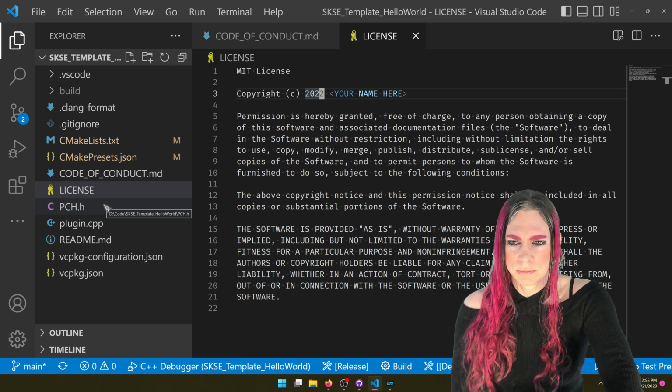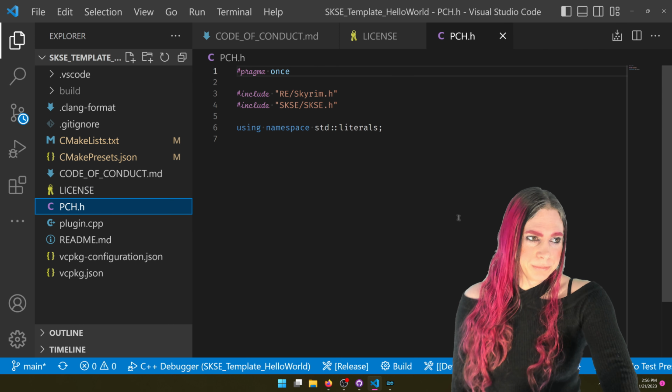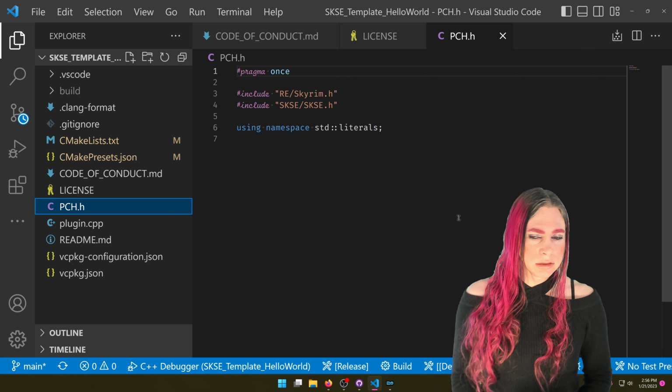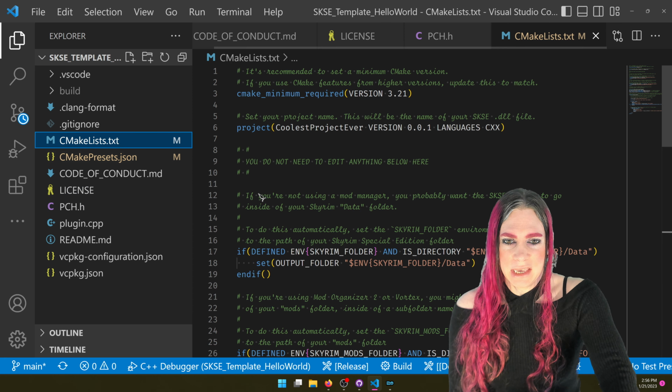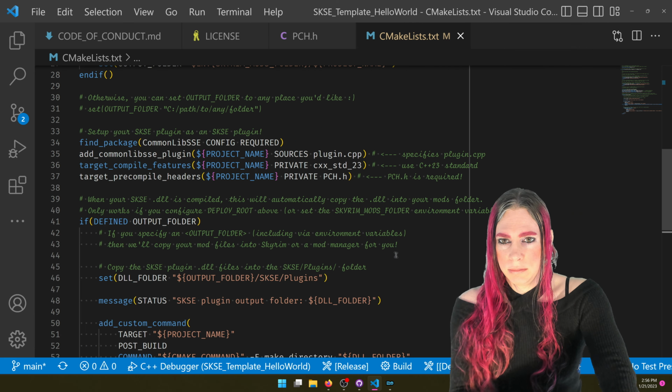Just all delicious. Top bottom, precompile header.h. You don't really need to know that this exists. If we were to go back to CMakeLists.txt, we would see that